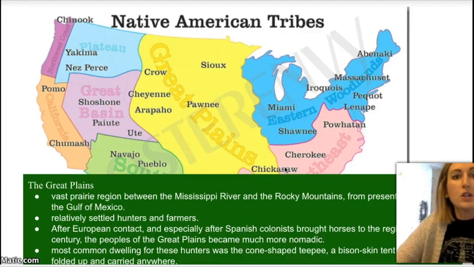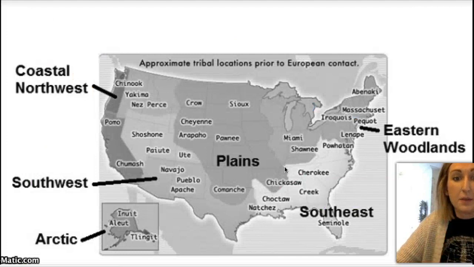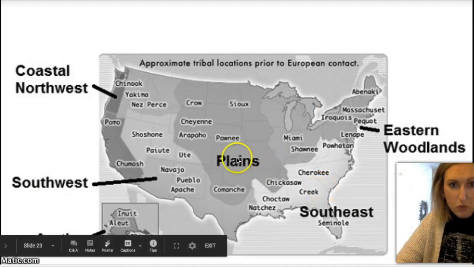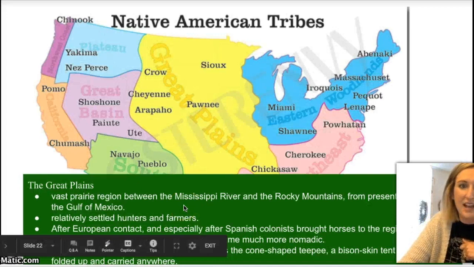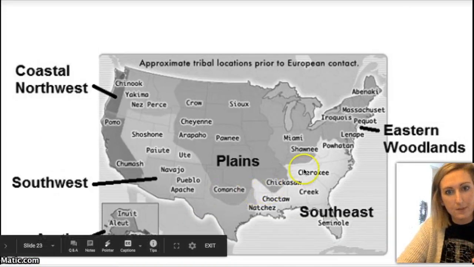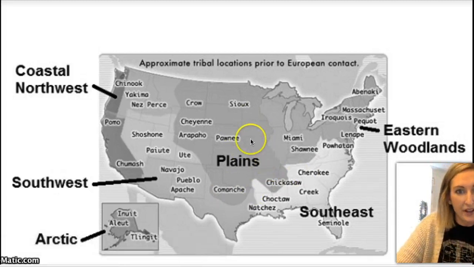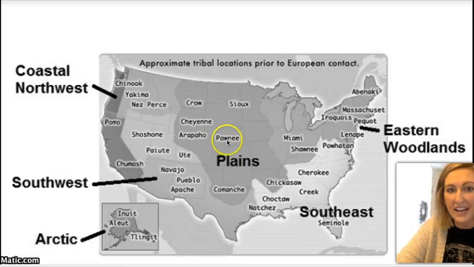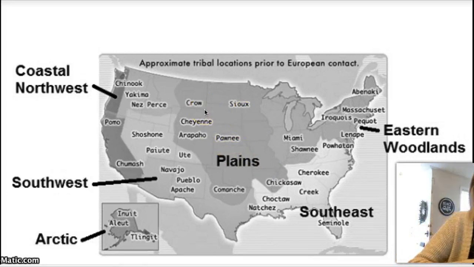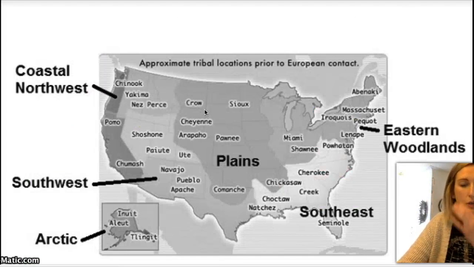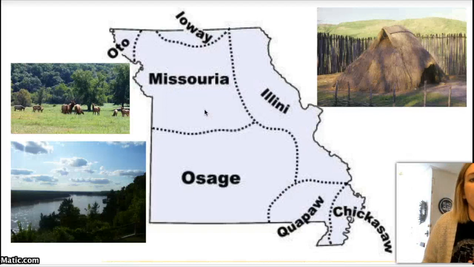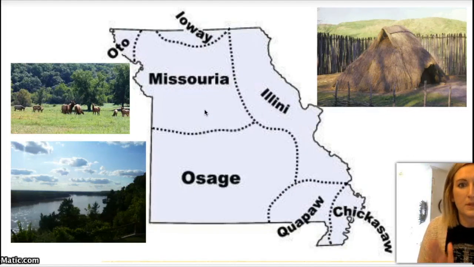All right? So we're going to talk a little bit more about specifically Missouri. On this map, you can see the borders of what we know the states to be today, and the last map did not have our state borders. The plains covers states like Missouri, Iowa, Nebraska, Oklahoma, Kansas. You can see some of those Native American tribes. There are more tribes than either of my maps shows. But let's look specifically at Missouri. A little bit about Missouri history.